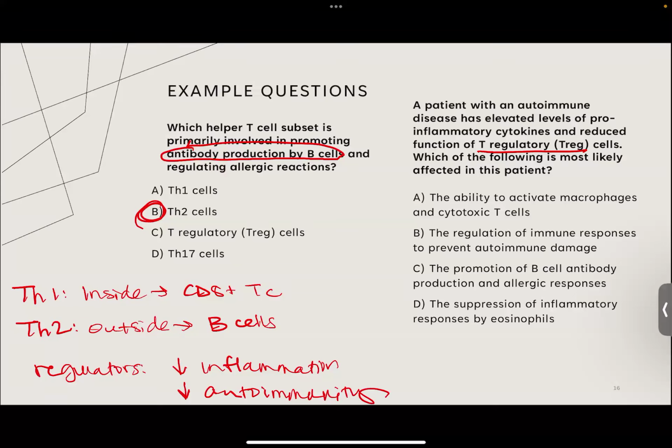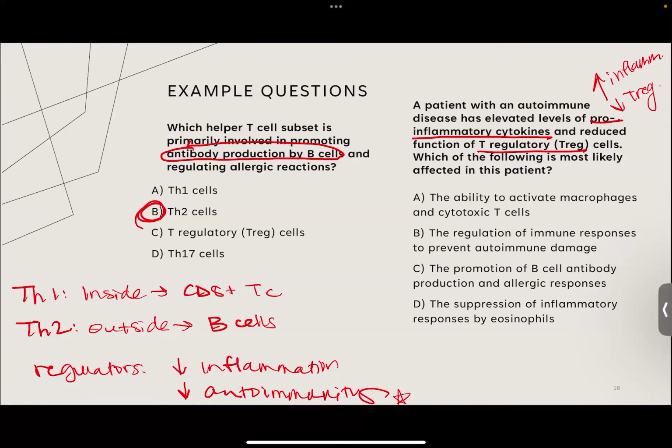All right, so which of the following is most likely affected in this patient where we have pro-inflammatory cytokines, so increased production of inflammation and reduced regulation. So they're going to have an increased inflammation response and also have an increased incidence potentially of autoimmunity. So will this person have